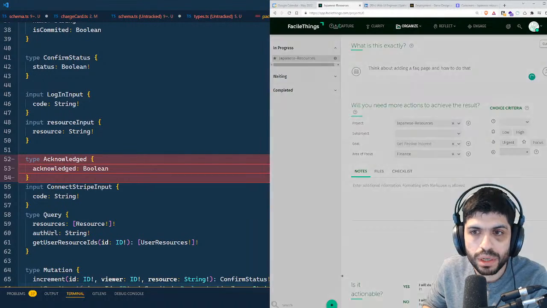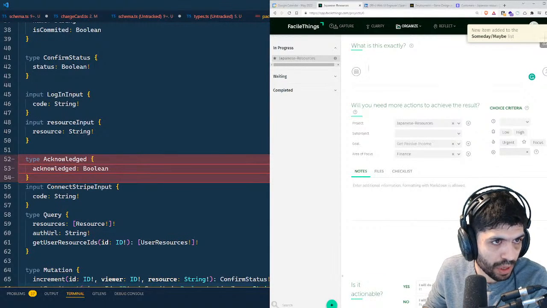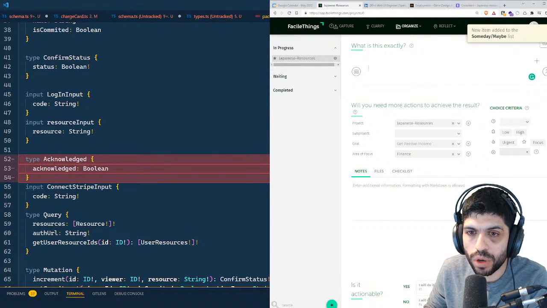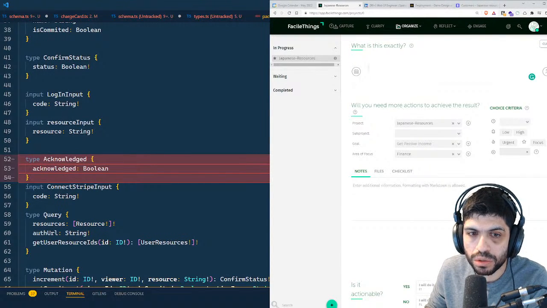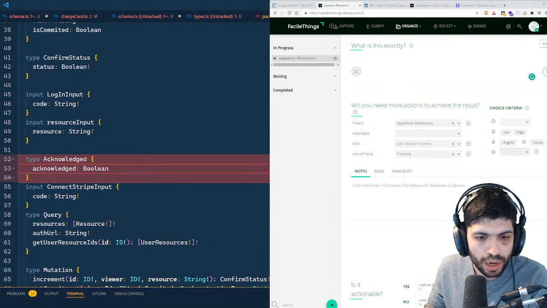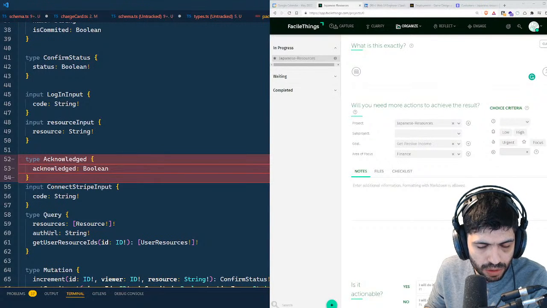So I go here, I clarify later, and then I have it in this project. This is a good site if you guys want to try to organize yourself. That's something I'm trying to do every day. So let's go back